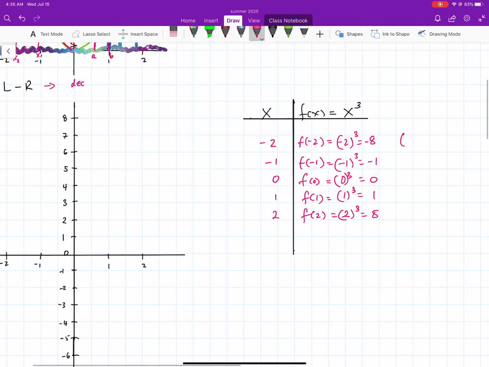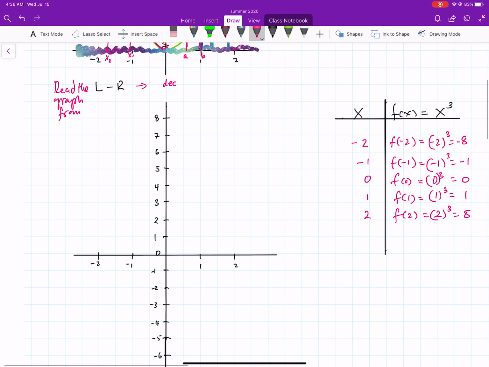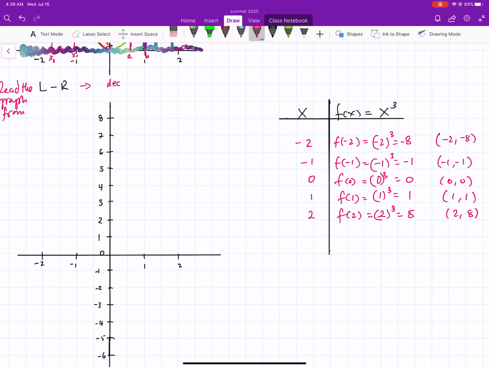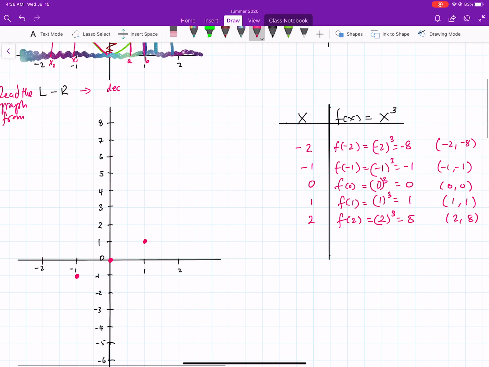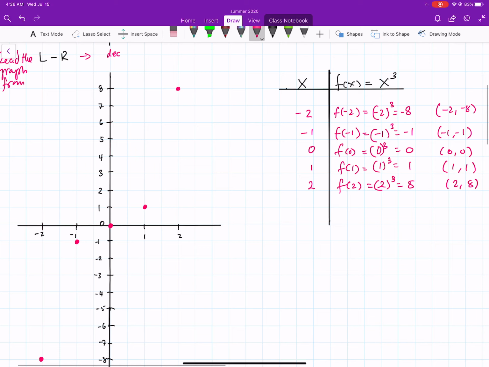So I'm looking at the point negative 2, negative 8. I'm looking at negative 1 and negative 1. Looking at 0, 0. Looking at 1, 1. Looking at 2, 8. So when I locate this, I have my 0, 0. I have my negative 1 and negative 1. And then I have my negative 2 and negative 8. And then if I come over here, I have 1 and 1 and 2 and 8. So when I graph this function, I'm seeing